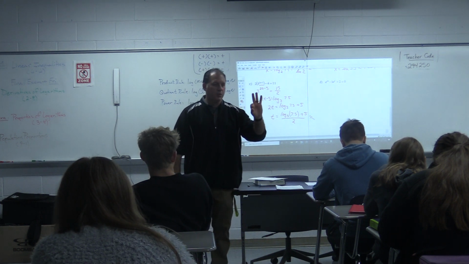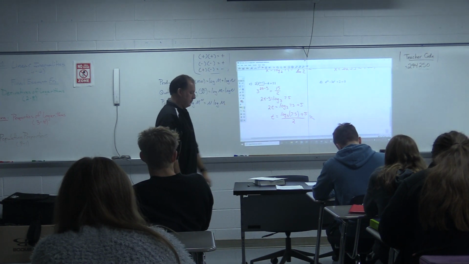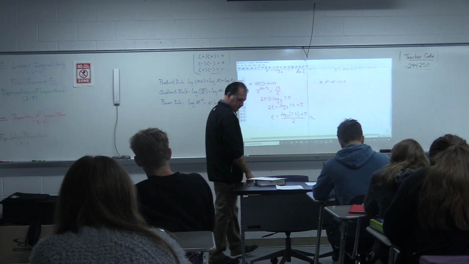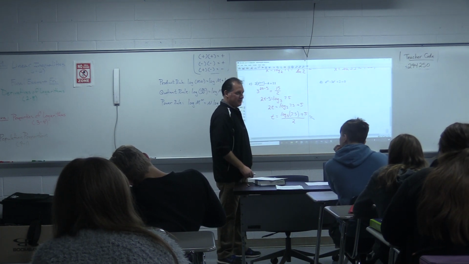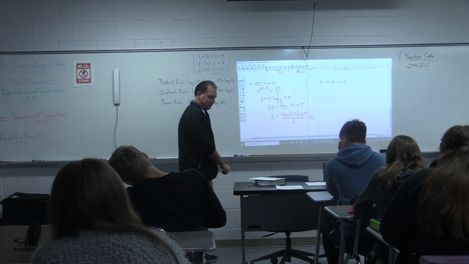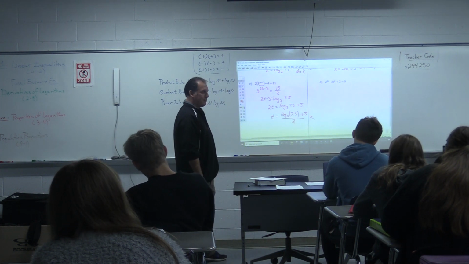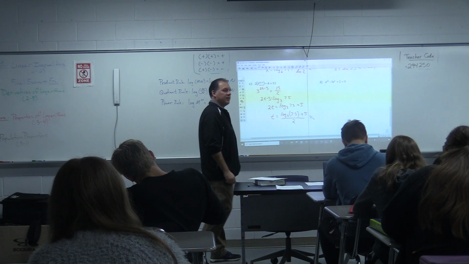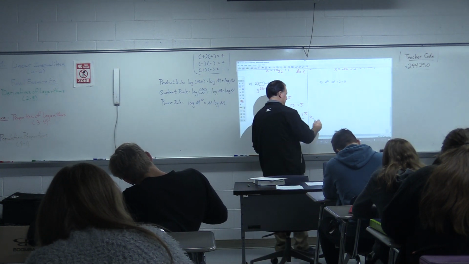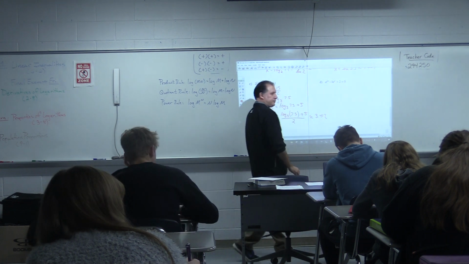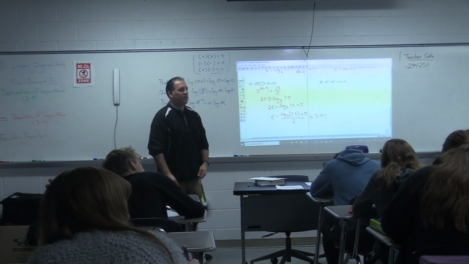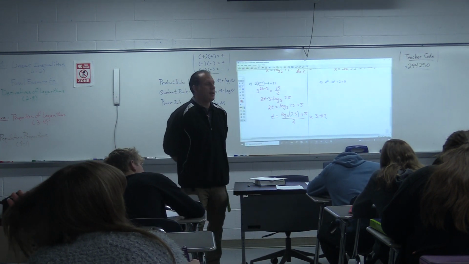To 3 decimal places, what do you get? 1.834? Not quite. It should be 3.417. So you have to be careful how